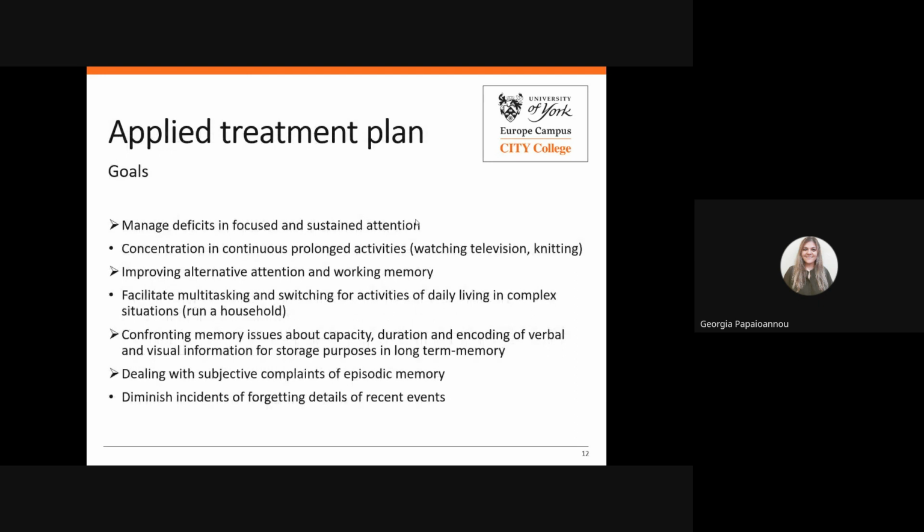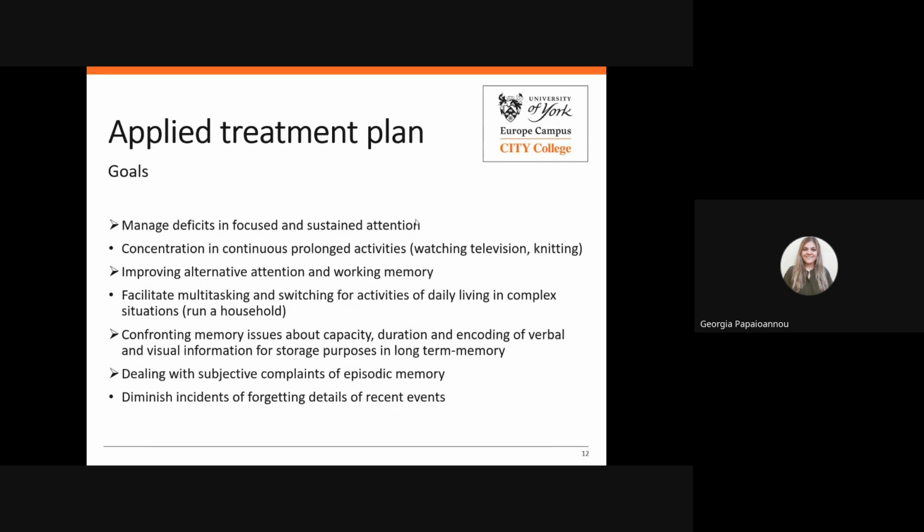So the next thing that is really important to do before we actually design the rehabilitation plan is to have some specific goals for our patient. What am I actually aiming at? I cannot aim for the perfect. I have to sit down and say, okay, for example, for this patient, I want her to be able